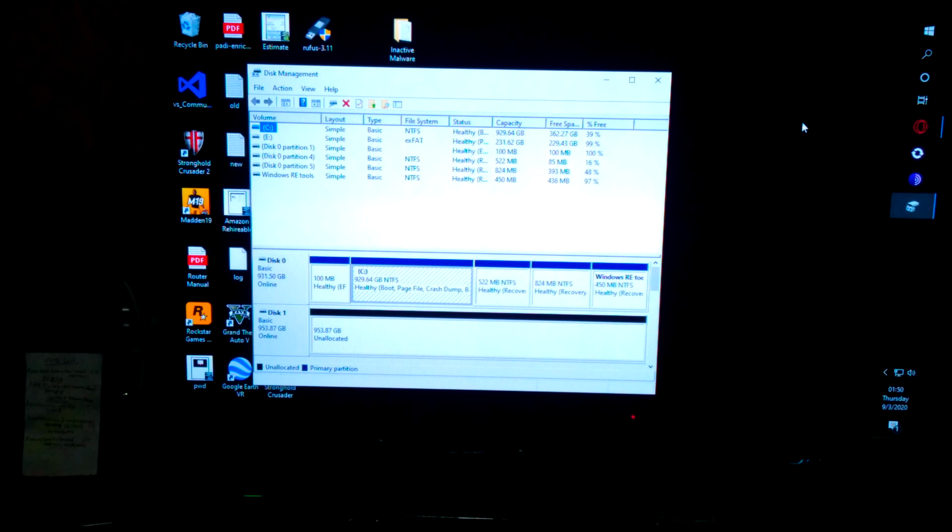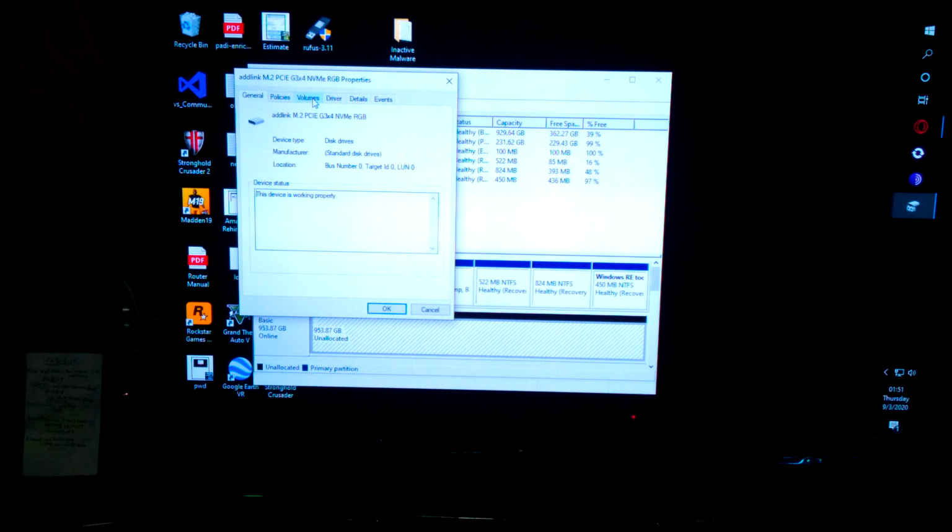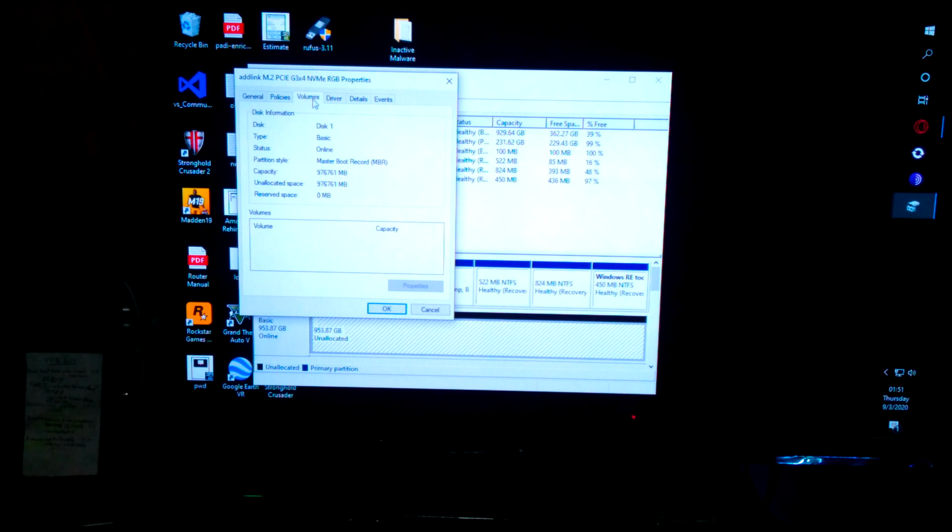And it brings up Disk Management. Now, the drive that I'm looking to convert is the new hard drive. It's going to be the one all the way at the bottom there. So, this here is disk 1. We'll go ahead and right click and click Properties. So to verify that this is the issue, I click Volumes and it says MBR right here. That's not good. We need